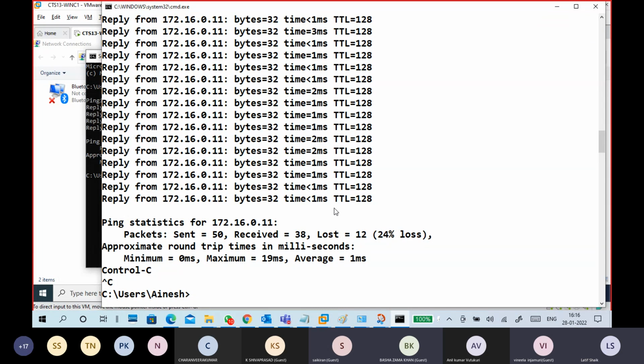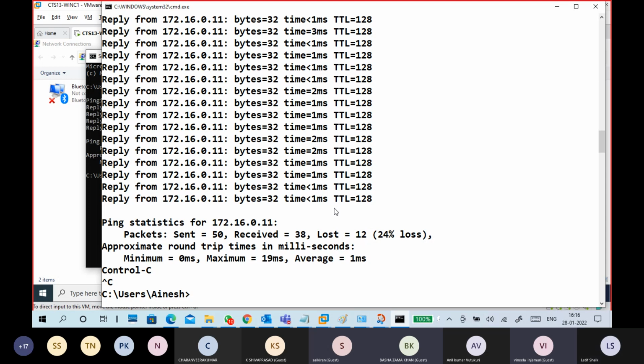If you are able to ping it, that's good. If you are unable to ping, check the IP address and network connections again, and very important is your client. Client means your virtual machine's